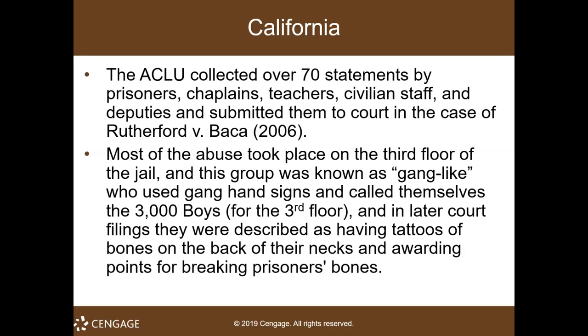Now, what I do want you to know is that although I'm highlighting some of these cases, they're extremely few and far between. But I do want to make sure that we bring to light that there have been these abuses that have happened in prisons, and we know that in a lot of prisons this is still happening. Okay, maybe not to the degree that I'm discussing, but we know that things do take place, right? Because you're dealing with people. Whenever you deal with people, you're going to have issues at some particular point. Nothing is going to be perfect. But I don't want you to get the idea that this is an everyday occurrence, but I want you to know that these things take place.